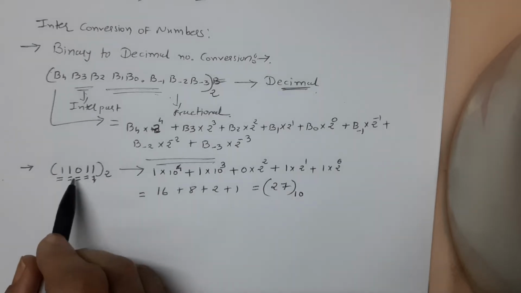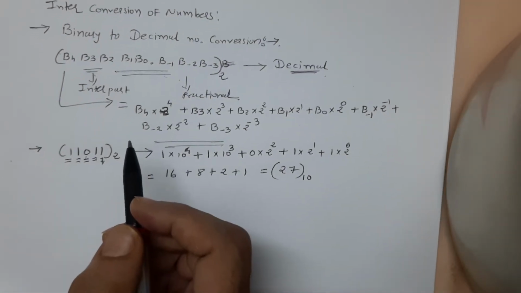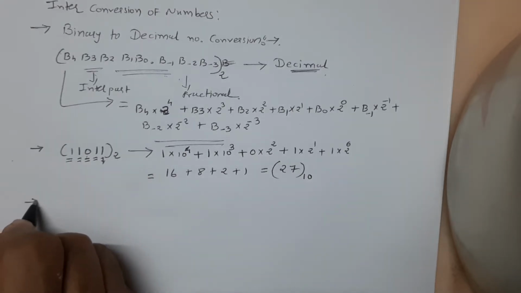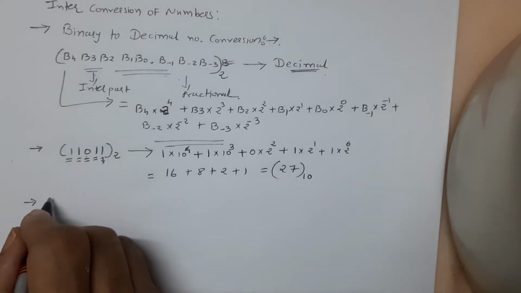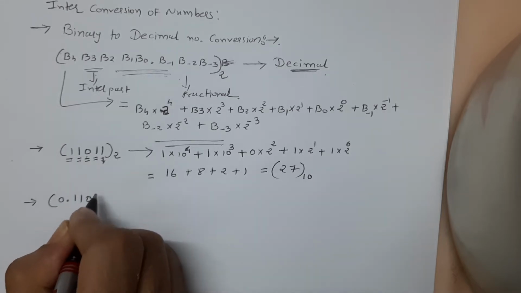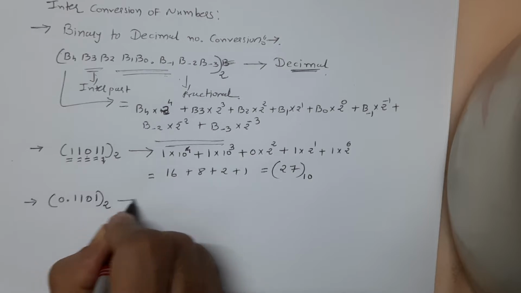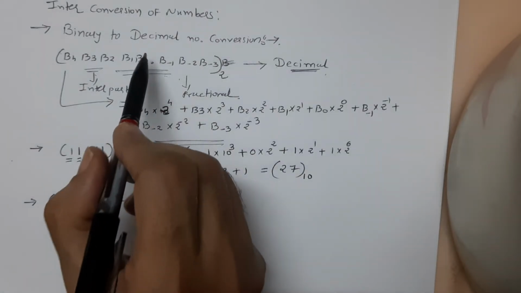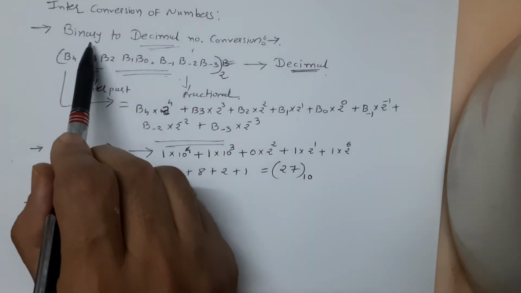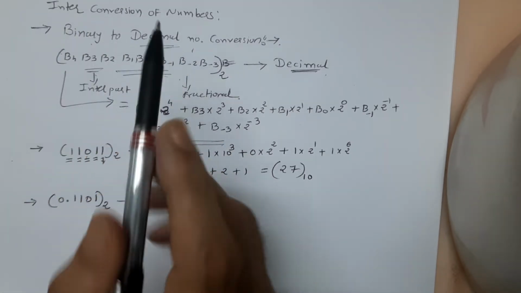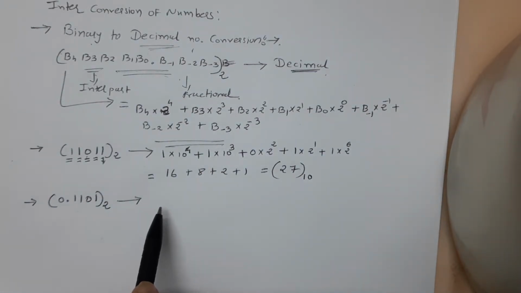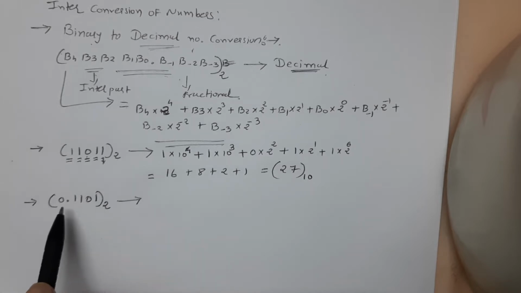Now this is your integer part. Now if there is a fractional part, then the second example is 0.1101, this binary number. How to convert it to a decimal number like this? Our aim is to convert binary number to the decimal number. So this is our binary number. We want to convert it into the decimal number. So for the fractional part, after the point,